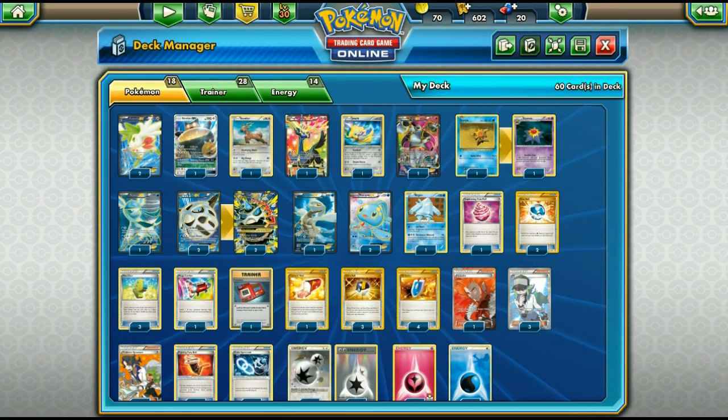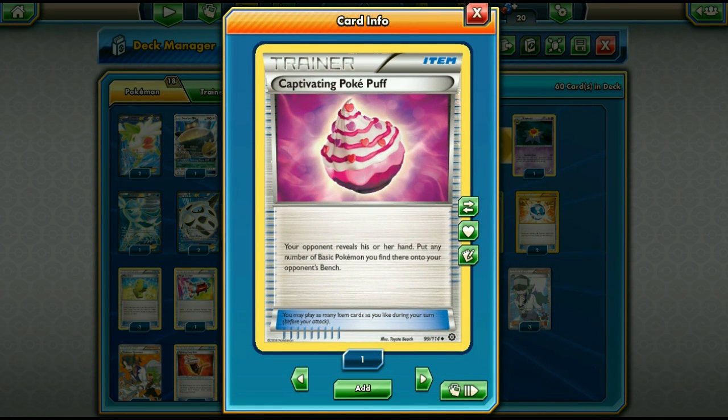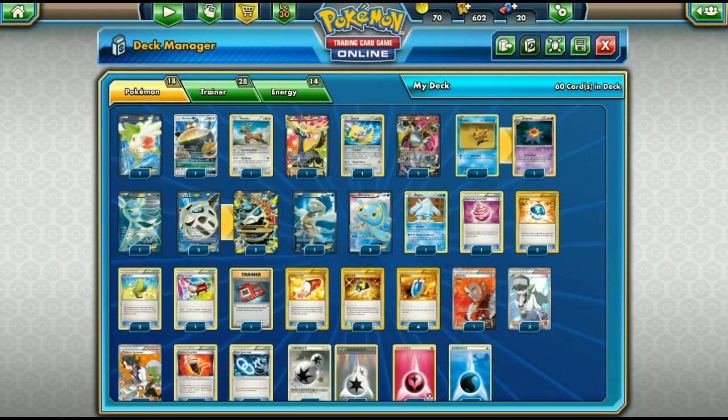So we got all our Pokemon in here. Pretty big lineup of Pokemon. We can get into the items. So the first item, we got Captivating Pokepuff. And you know what? It's always nice to find candy chilling in your stocking. So I was like, why not just go with Captivating Pokepuff? Candy, stocking. Captivating Pokepuff is basically candy, and it's always nice to have candy in your stocking. You probably get candy in your stockings and stuff like that, so I included a Captivating Pokepuff,